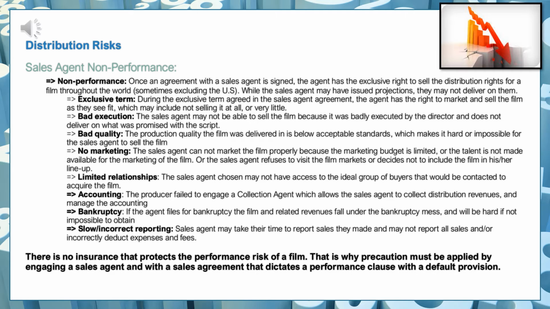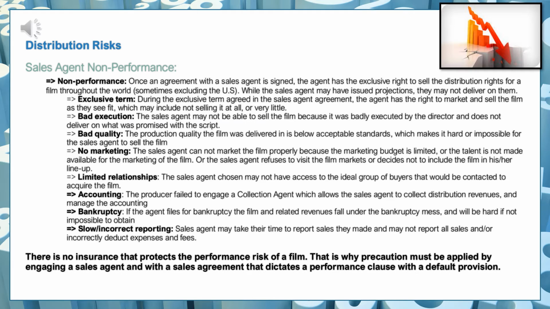So even if they have an accounting department, it is something that you have to trust as a producer is done the right way. And you don't really want to do that, and you don't really tell your investor, I'm sorry, I don't know what the sales agent is doing, and I have no way of knowing if he actually reported all the sales that were made and if he actually reported the proper sales expenses as well. This is not a conversation you want to have with your investor, and it's really not necessary.